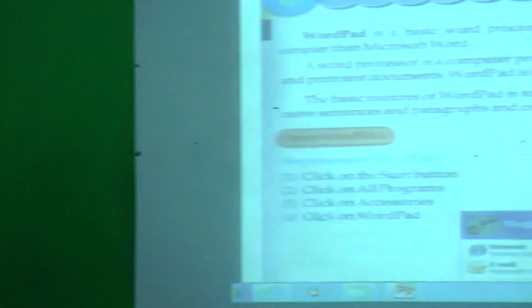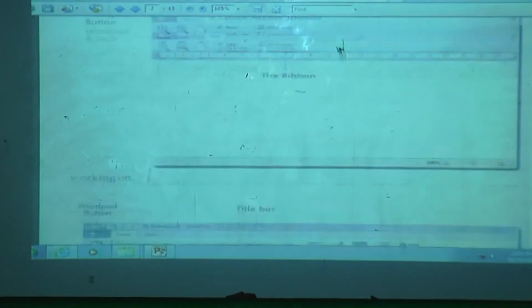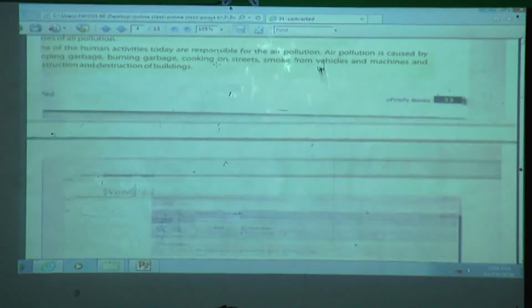We started our lesson number 6. Lesson name is WordPad. In that we discussed how to open the WordPad. Right? Next, the components of the WordPad. What is the use of this component? And within it there are only two tabs. What is the name of these tabs or menus? Yes, home menu and view menu. That also we discussed. Now we will see about the home menu and view menu shortly.